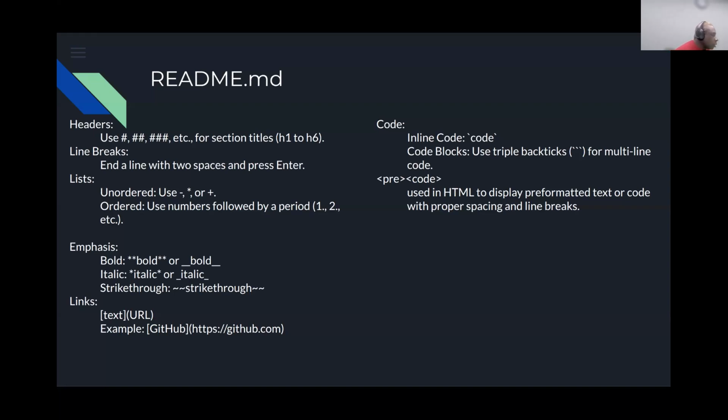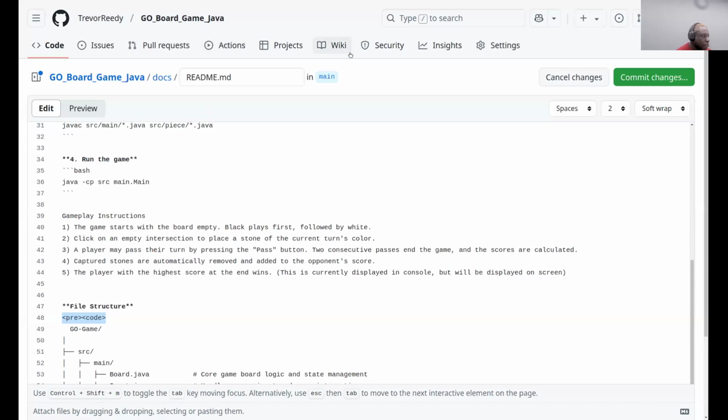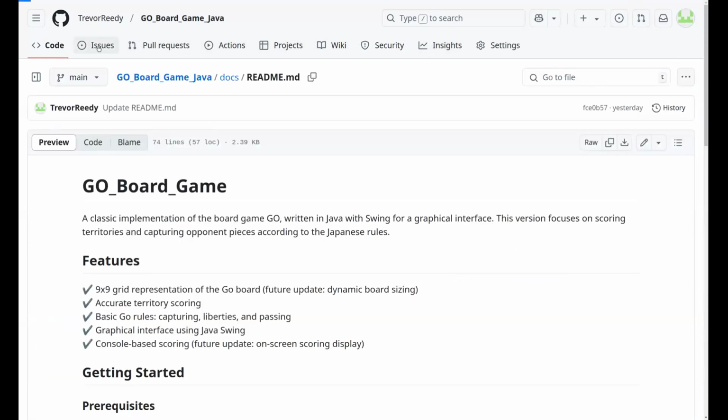And also, can you go back to your GitHub, please? Yeah, I could do that here. Then if you go to issues, so can you look for where it says issues? Yeah, click the issues. Thank you.